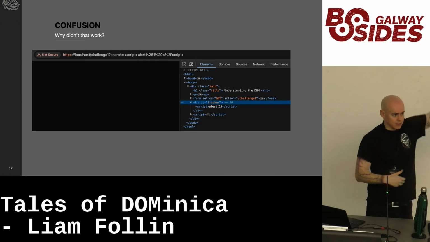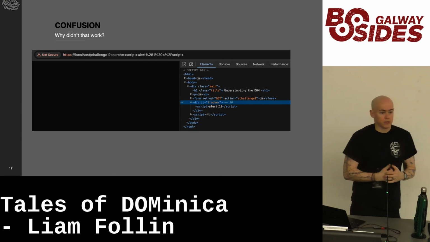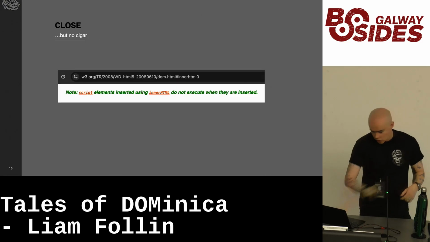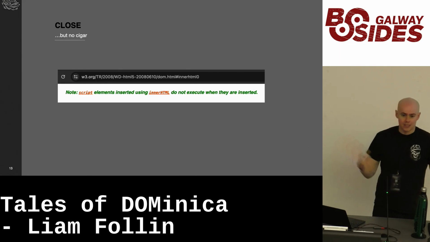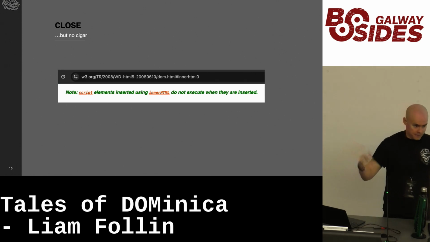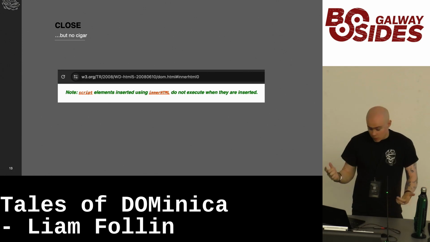This is the classic bread and butter cross-site scripting demonstration. And if you were using that, you would have missed DOM XSS because script elements inserted using innerHTML will not be evaluated. So if you were trying to find this using that, you wouldn't have found it. You'd say, no, there's no vulnerabilities here. When in actual fact,